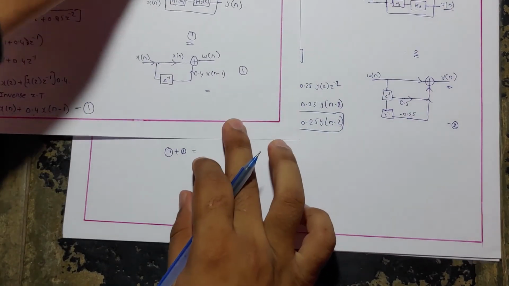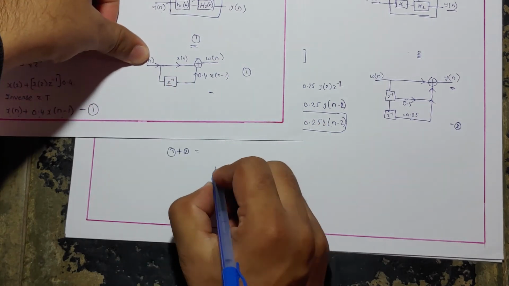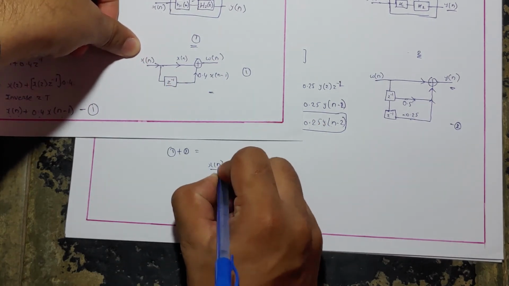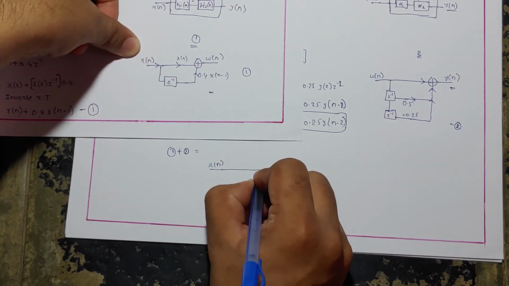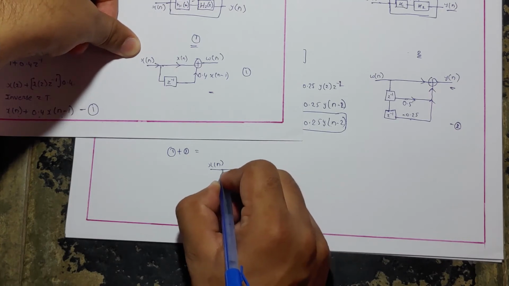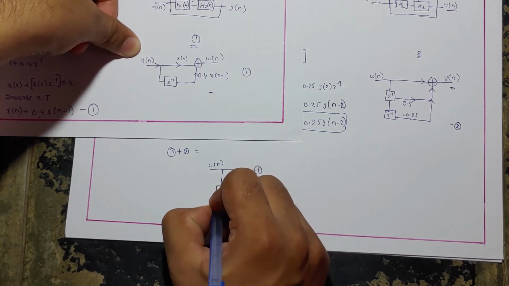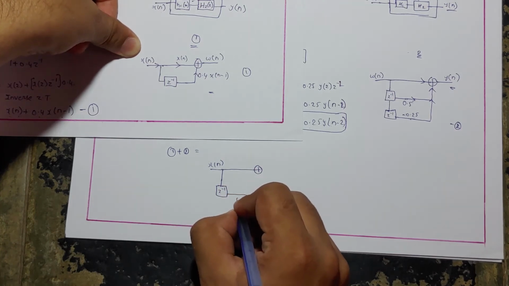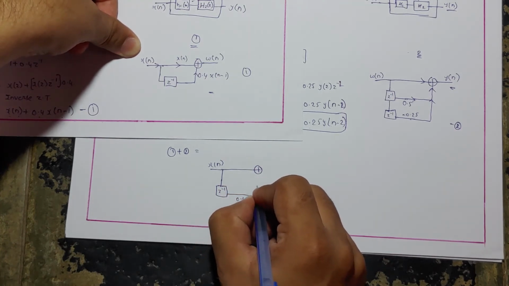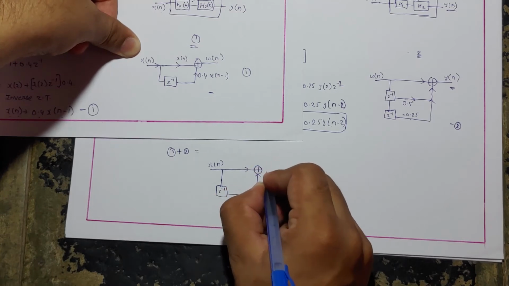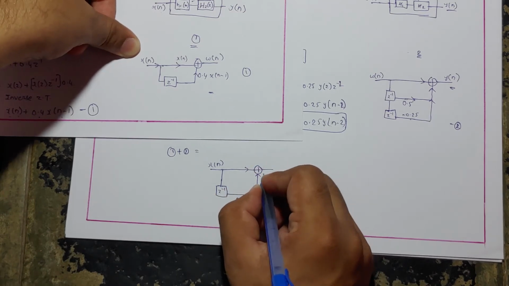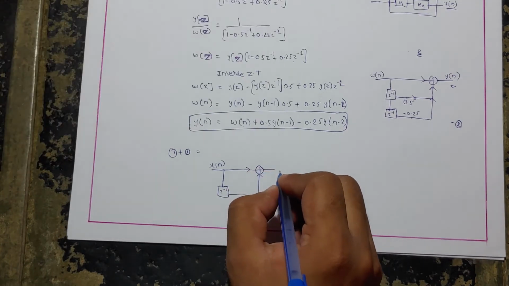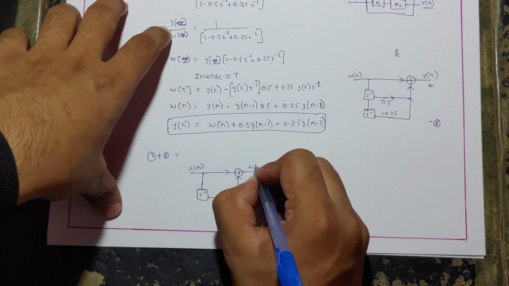That is the first part: x of n with an adder element and a delay z power minus 1 with a constant multiplication of 0.4 is added, and this would be the output for the first system and the input for the second system, which is w of n,